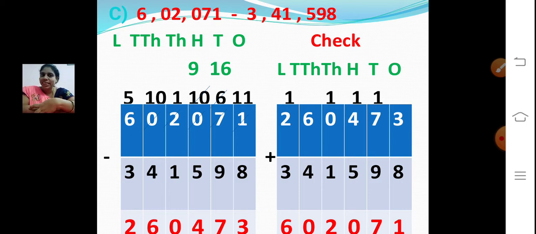Now let's add the 10,000 place. So what number are we having in the 10,000 place? 6 plus 4. 60,000 plus 40,000. 6 in the mind, 4 in the finger. After 6, 7, 8, 9, 10. So it's a 2-digit number. Write 0 in the 10,000 place and 1 is carried over to the lakh place.